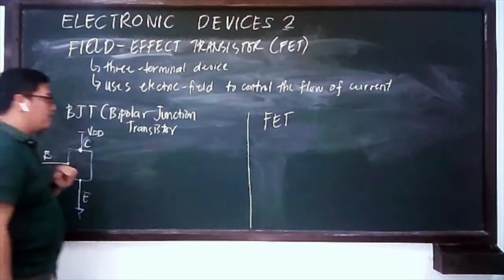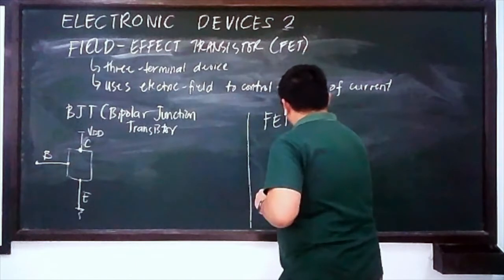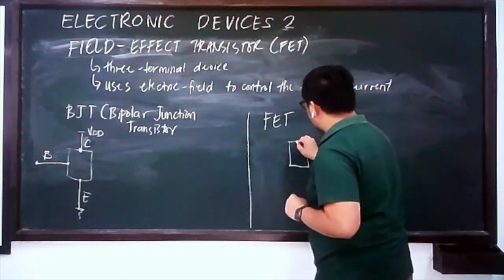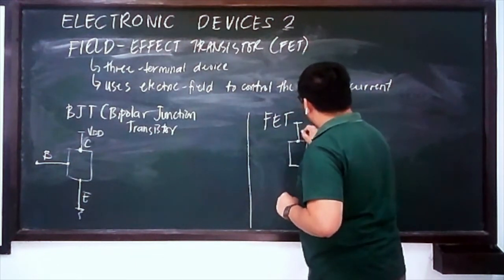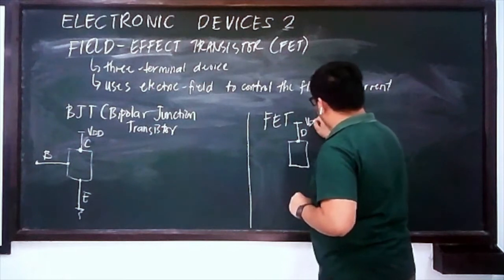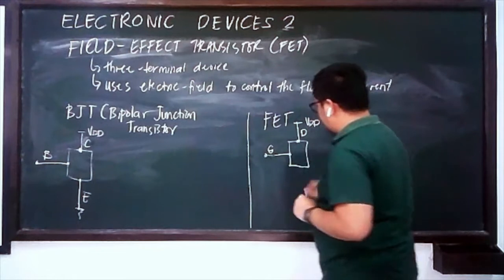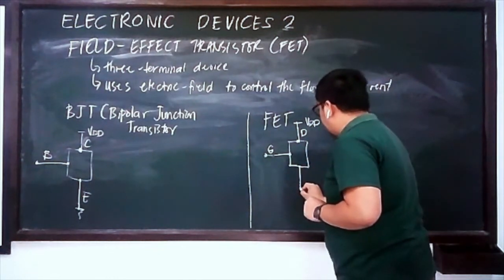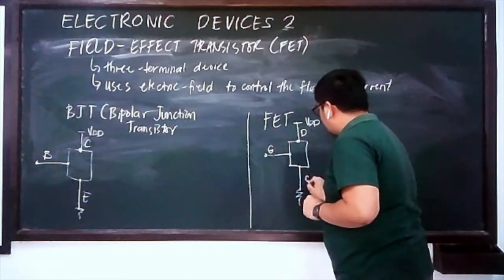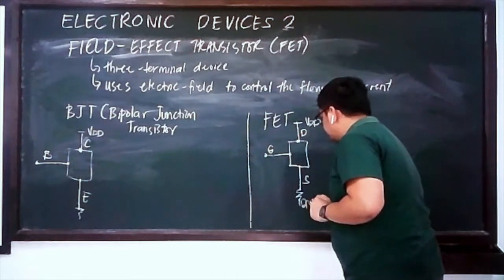For our FET, since it's also a three-terminal device, you have your drain connected to your VDD. You have your gate for your input, and you have your source, which is connected to your